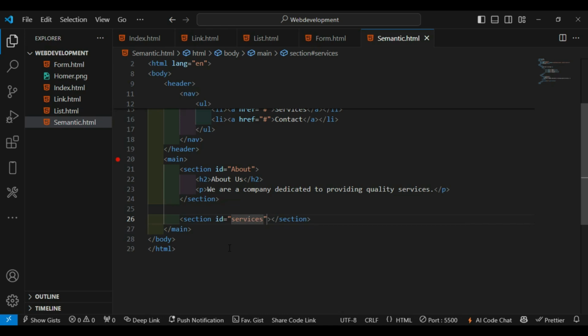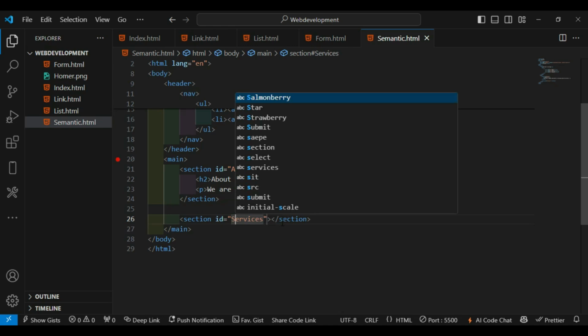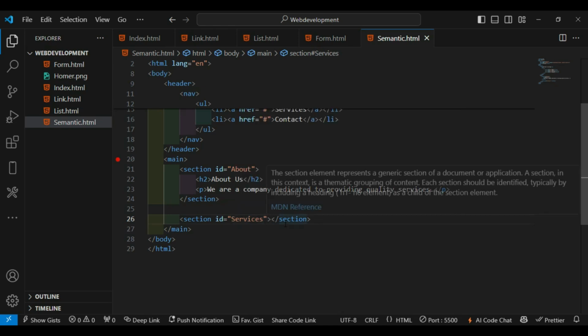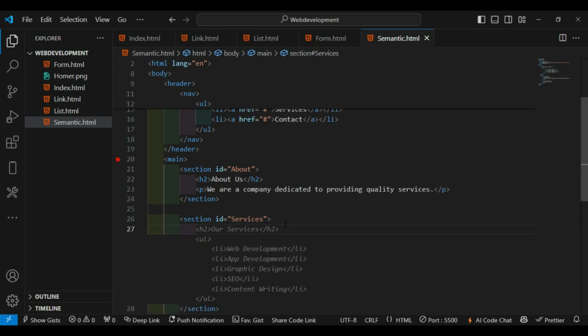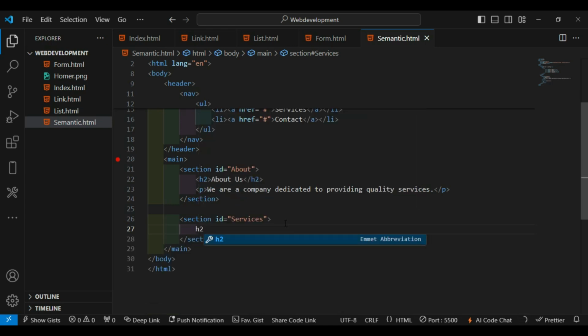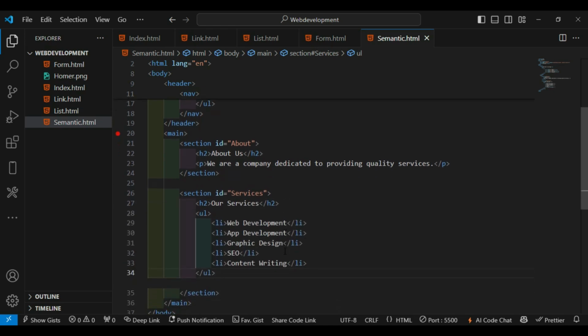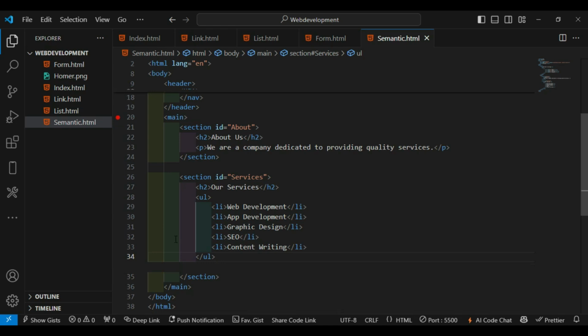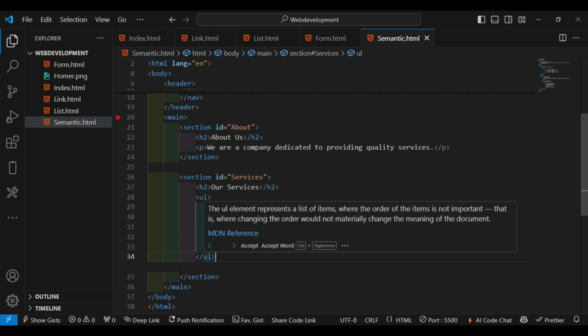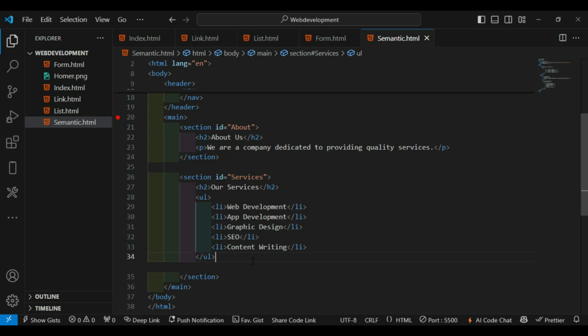right? So if I want it to be this way, capital letter, right? So inside, in between now, I say this H2 our services. Now this is just an example. Our services include web development, art development, graphic design, and different things, right? So that's another section inside my main. Now I could have, let's say,